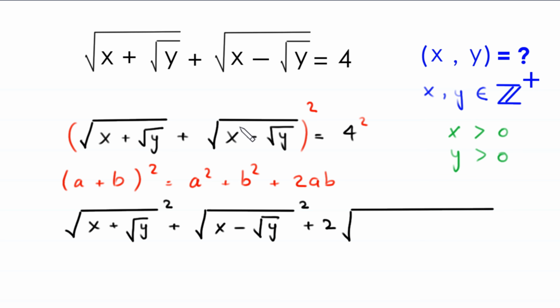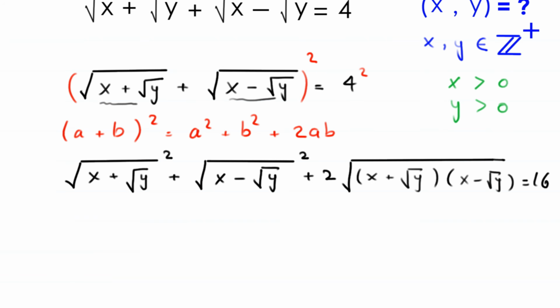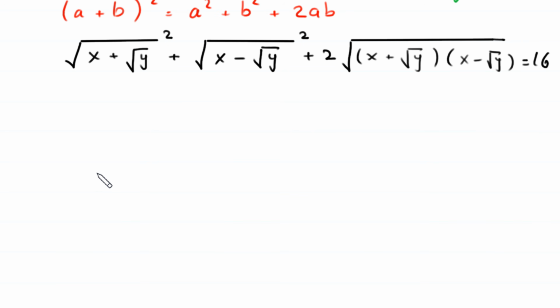We can write the product of these two expressions under one square root, this expression and this expression. So this will become x plus root y times x minus root y equal to 4 squared will become 16. Now this square will be cancelled out with this square root, and this square will be cancelled out with this